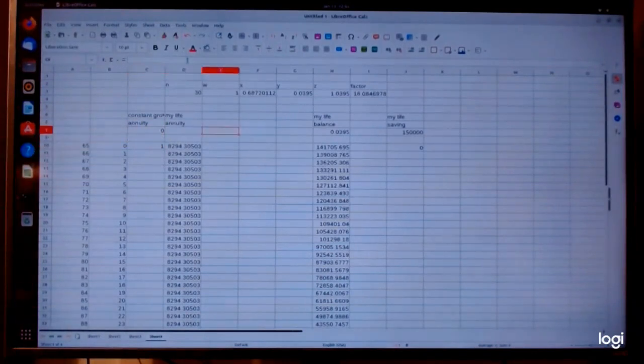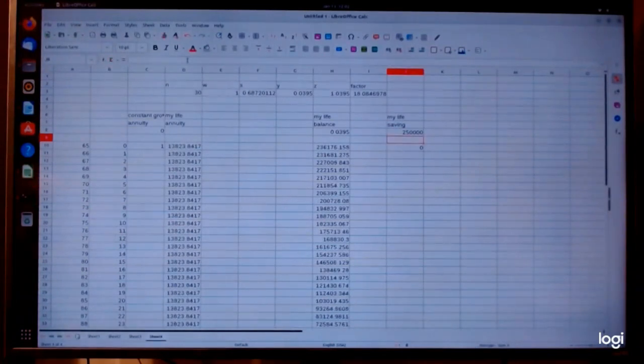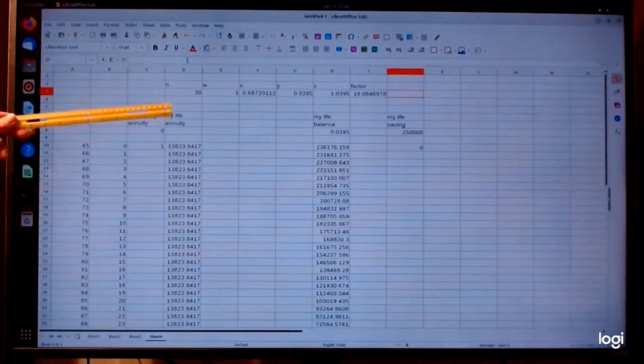I can look and see, instead of 150,000, suppose I saved 250,000 for my life savings, and I can see what my annual payments would be. I can change our